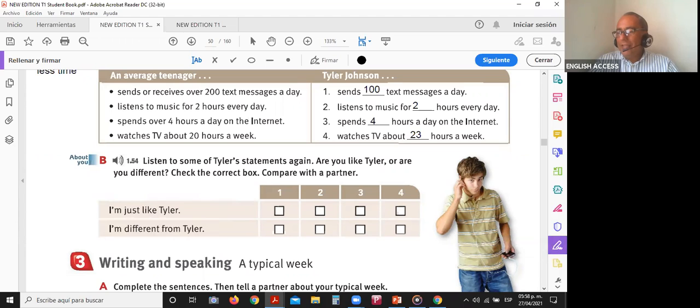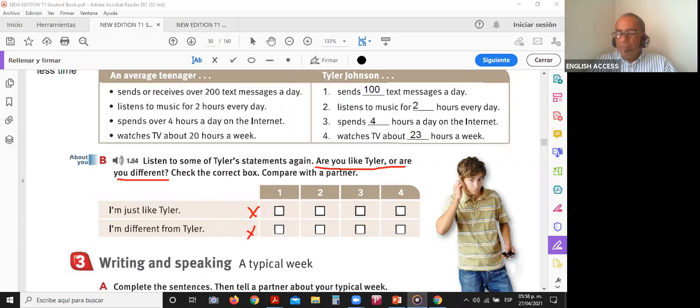Let's listen to the statements that he is going to say. Page 41. 2. Listening. Teen habits. B. Listen to some of Tyler's statements again. Are you like Tyler or are you different? Check the correct box. If you are similar to Tyler, you check this one. If you are different, you check the one in the bottom. Okay,